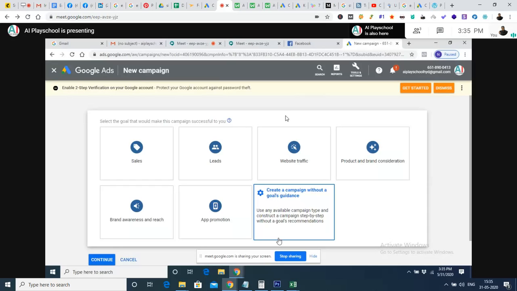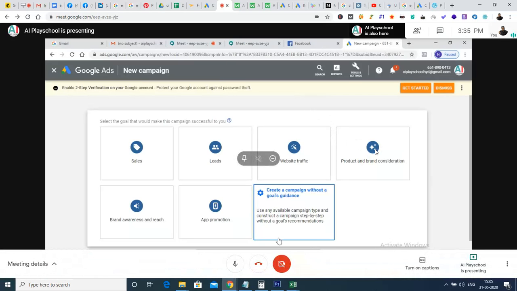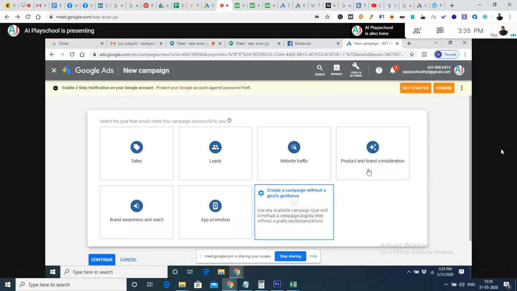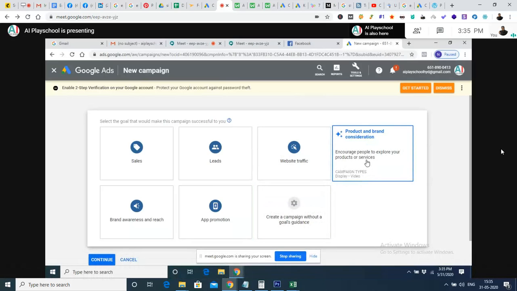And then we have product and brand consideration, which will mostly run the advertisement in the Google display ads. Brand awareness and reach will also mostly run in the Google display ads. If you want to learn more, you can move your mouse towards product and brand consideration and identify what campaign types are possible.